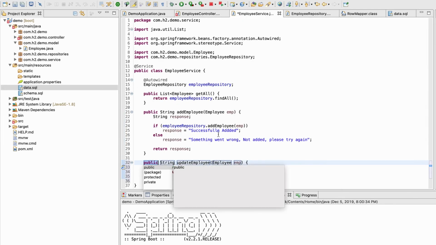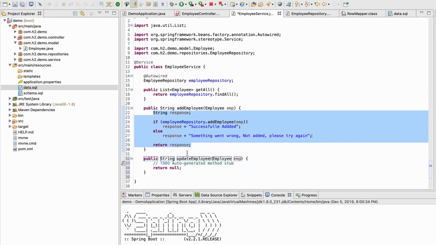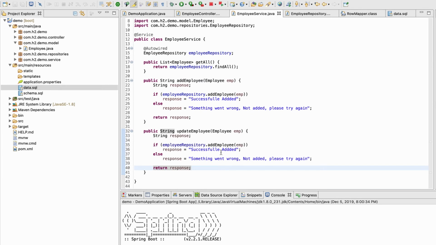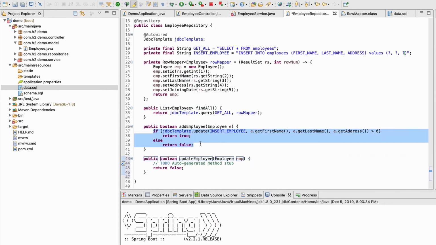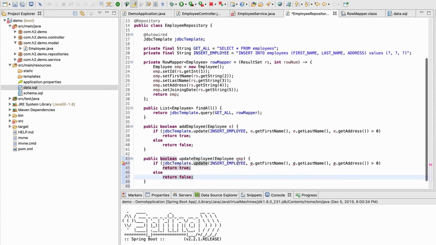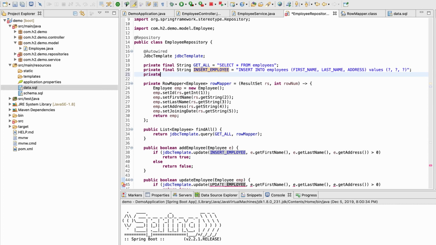And here also let me copy this, because structure is gonna be same. So here instead of successfully added, we can say successfully updated and not updated. Let me save, but instead of here add, we need to do update employee, and update employee doesn't exist, so let me create it here. And same thing here, structure gonna be same, just query will be different. So I need to write, instead of insert employee, I need to write update employee, and structure gonna be little bit changed. So private final string